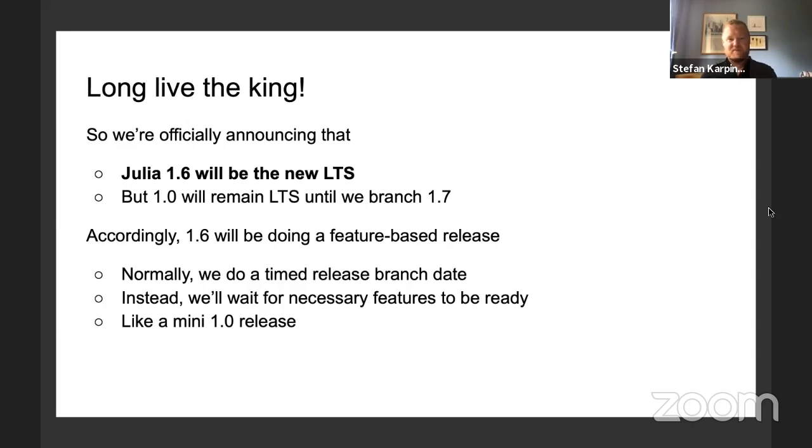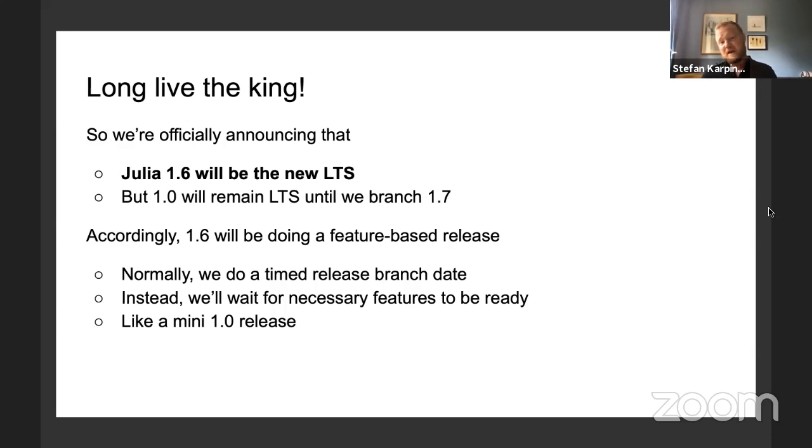Because of this, we're going to slightly change the way we do releases. We've been doing timed releases, and the system that we've converged on is that we time the feature branch. So basically we say no new features on this release, and that's timed. And then it takes however long it takes to stabilize it and release it. So you can't rush the release. If there are bugs, there are bugs. They have to be fixed. But what you can time is when you say no new features on this branch.